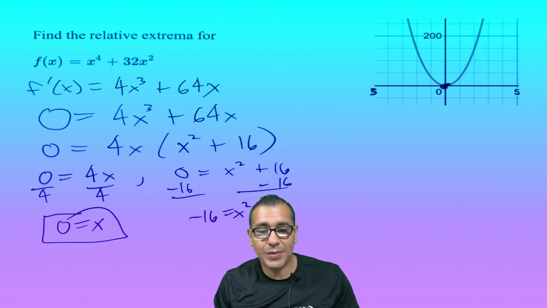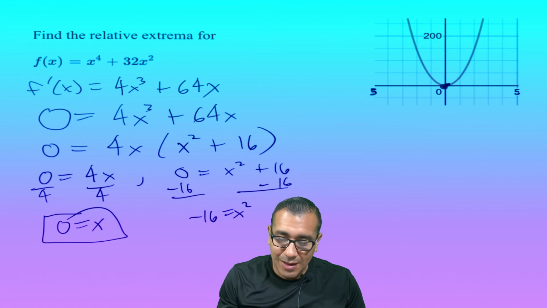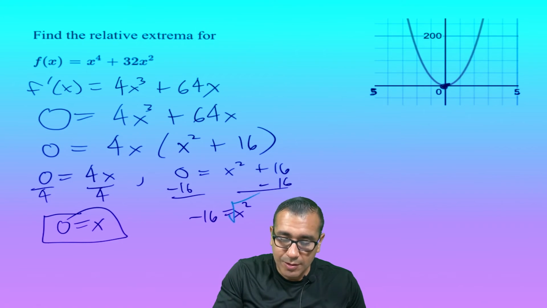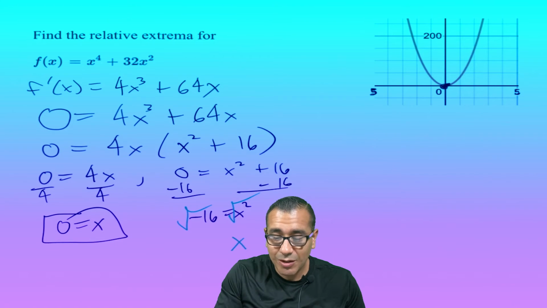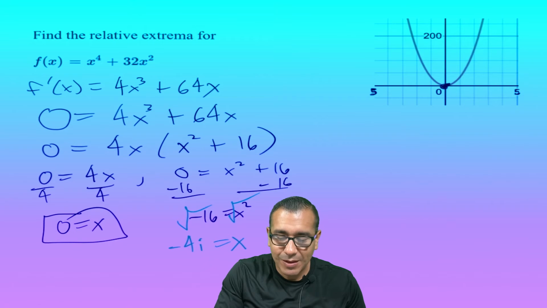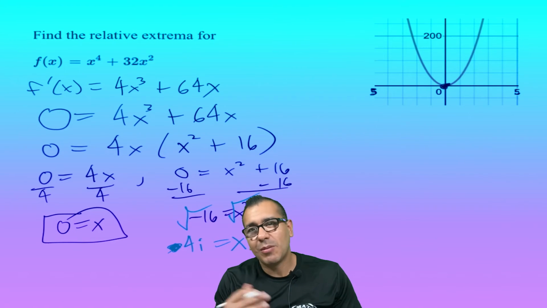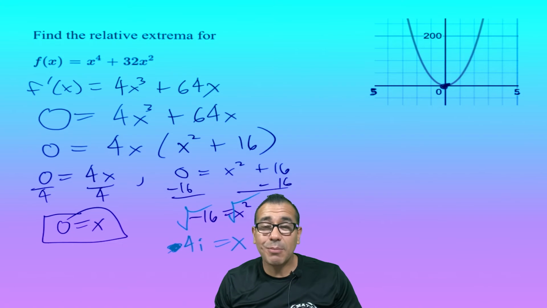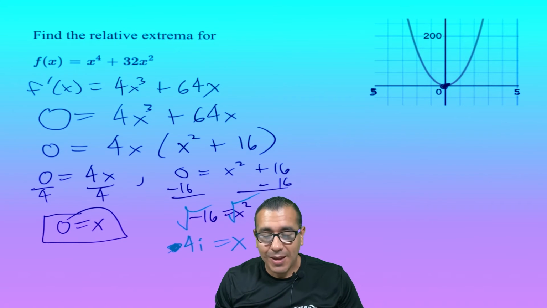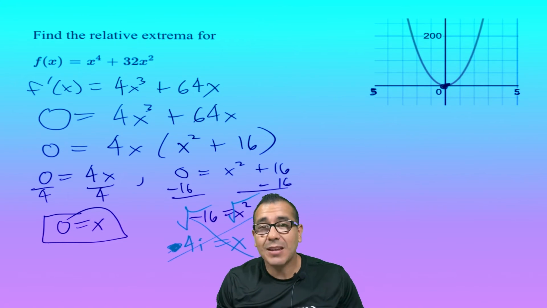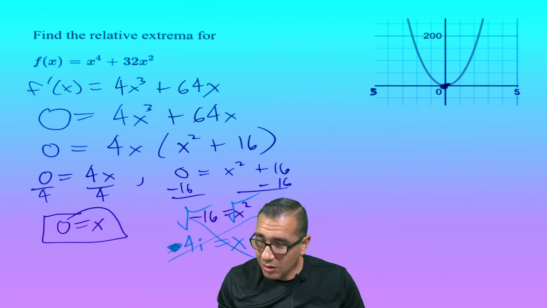We knew that. And here I take the square root of both sides. But what we're going to notice is we're going to get an imaginary number, right? Plus or minus, right? So we get an imaginary number right there. And so this is not going to be a real 0. So our only